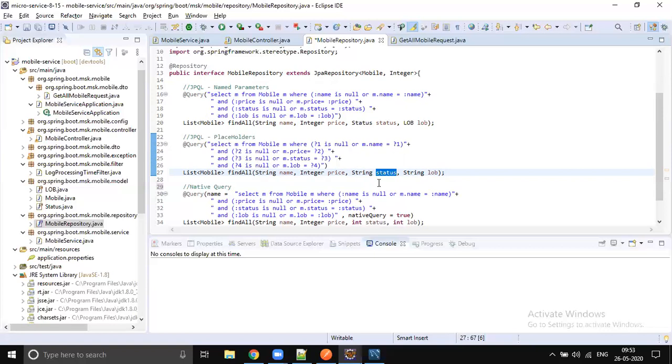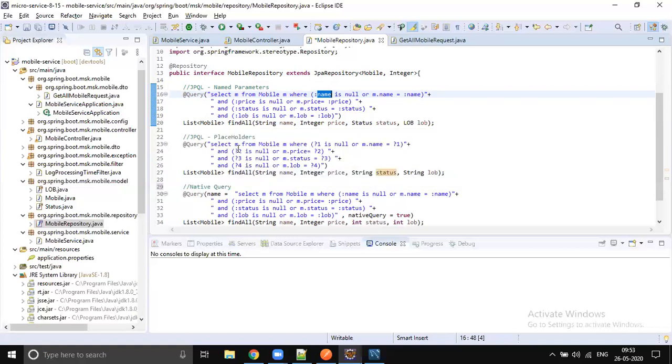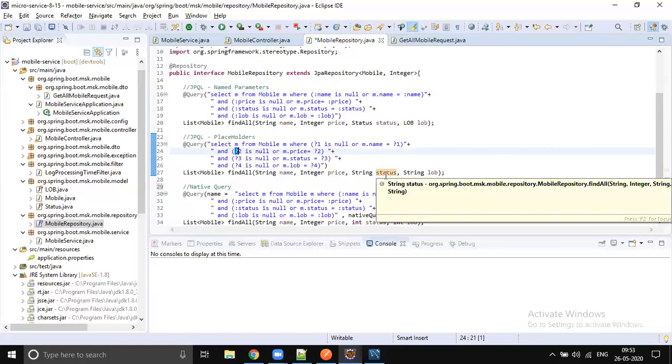You go and check any tutorial, they simply use queries with named parameters. Whenever you are using placeholders, there are some type conversions you must take care of, especially the enum types.